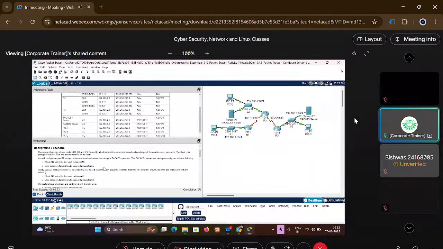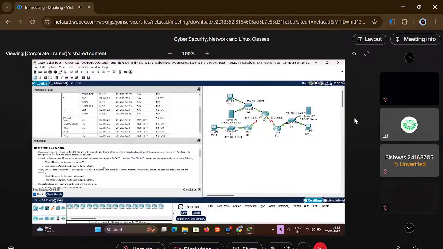It is often used as the backend of 802.1x authentication protocols. It runs on multiple operating systems, whether we are using Mac OS, Unix or Windows. So in different operating systems, the radius server is used, and it processes this remote access,